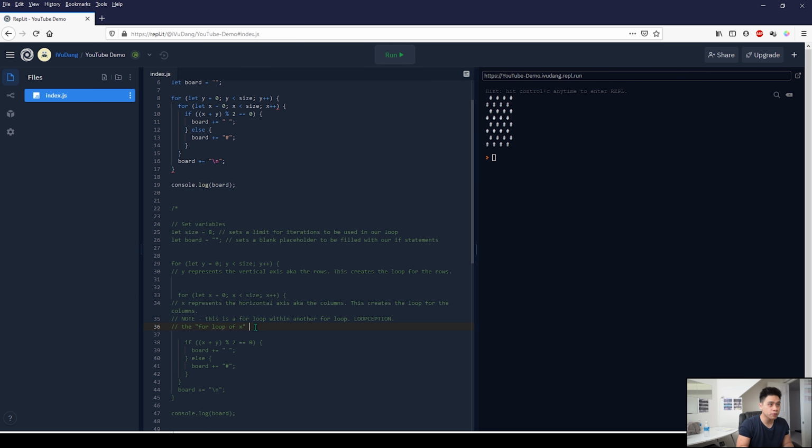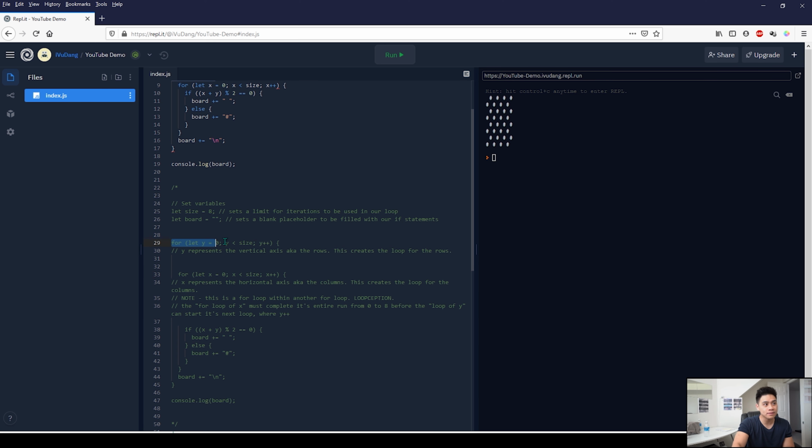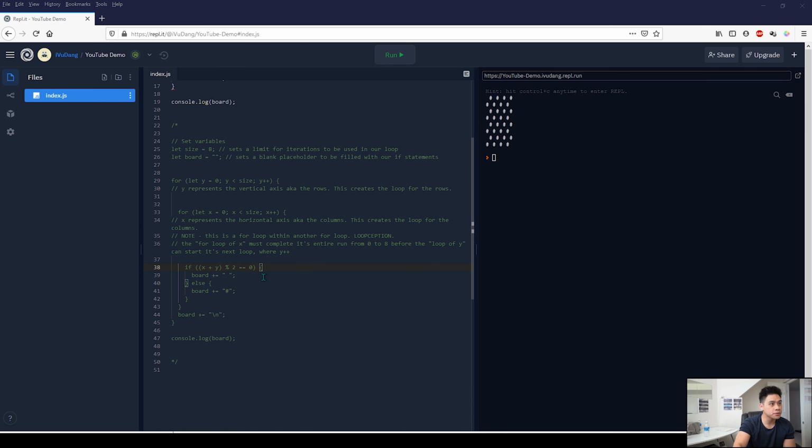So this for loop of x must complete its entire run from 0 to 8 before the loop of y can start its next loop, where y plus plus. So this embedded for loop will complete its entire sequence before this first for loop will go on to its next iteration. The next line,